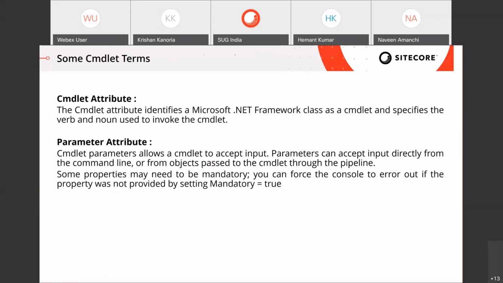As I said before, the commandlet has attributes so that the Microsoft .NET Framework can identify that it's a verb and noun thing. That's what I showed you, where we decorated that particular class with some parameters as well as properties. Similarly, we have parameter attributes, for example to show an error if they are mandatory or not. So we have covered a very basic thing, but as you dig more into it, you will get to know more, and you can always find a way.